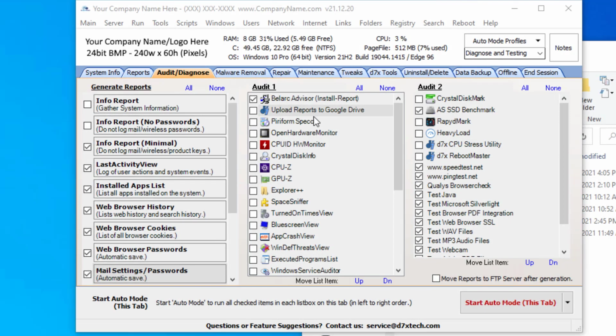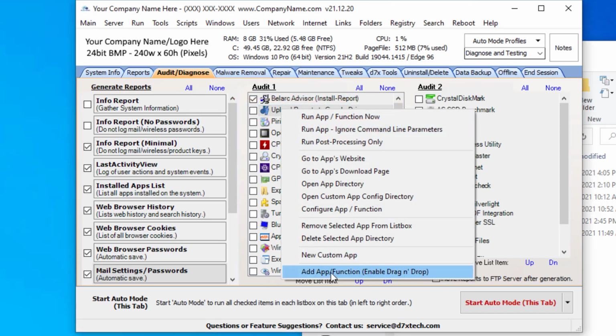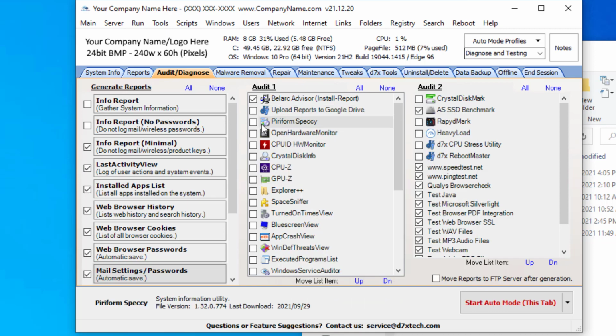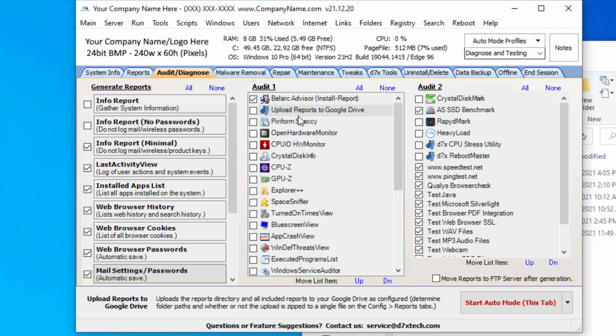Wanted to show off a new feature that I'm excited about in d7x today. That is upload reports to Google Drive. It's the new Google Drive integration for our reports. To add this to any list, and I've got it added right here, you can simply right click and go